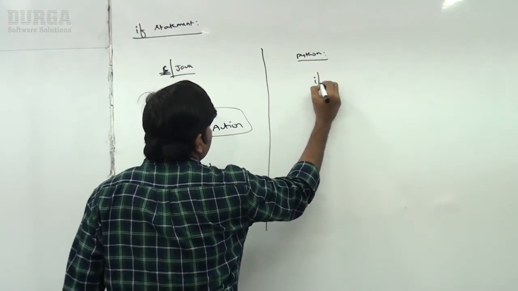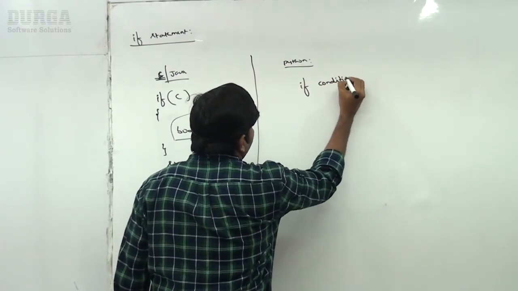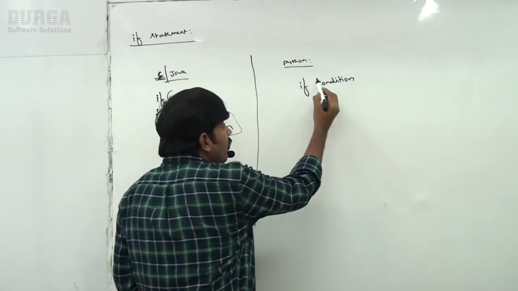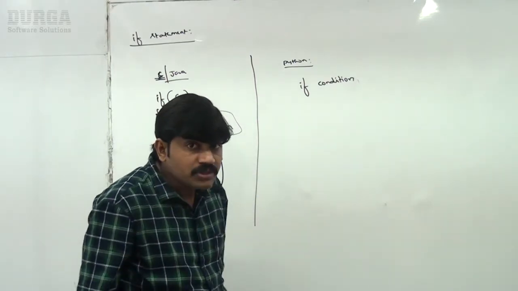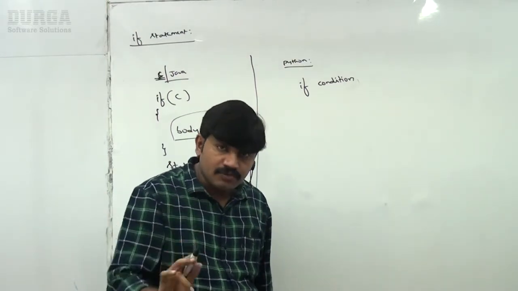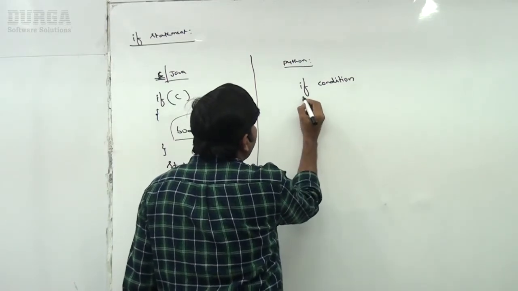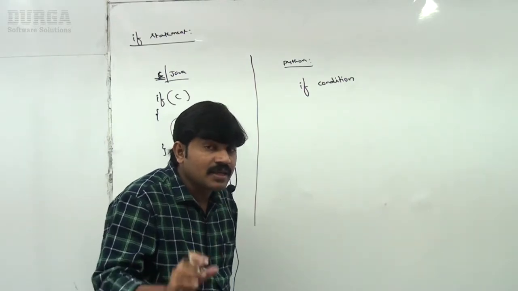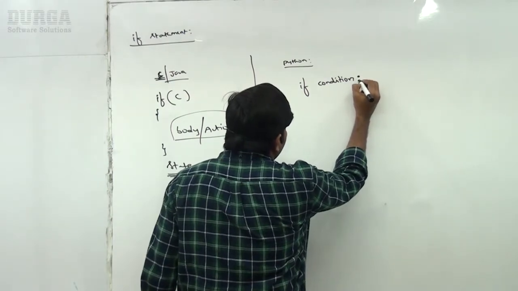I am taking if some condition, whatever condition you want to check, sir. Here parentheses are optional. If you want, you can take this condition within parentheses, or without parentheses also. Most of the time I won't take parentheses. If the condition is very big, then only I will take them. Next, I would have to open a curly brace, but the curly braces story is not applicable in Python. That's why here just take a colon.